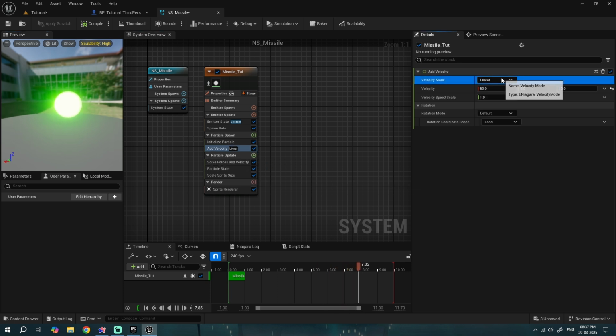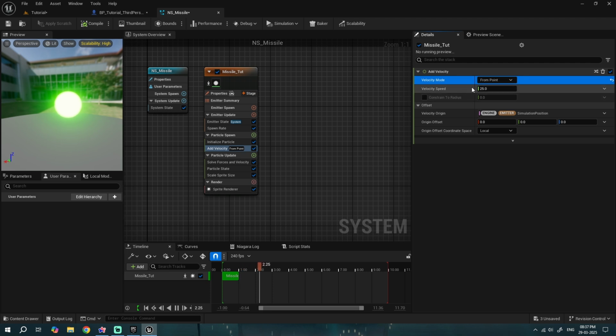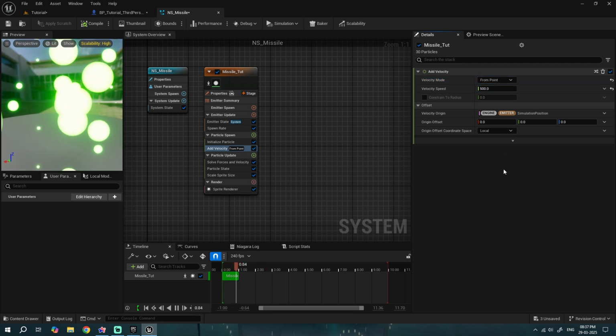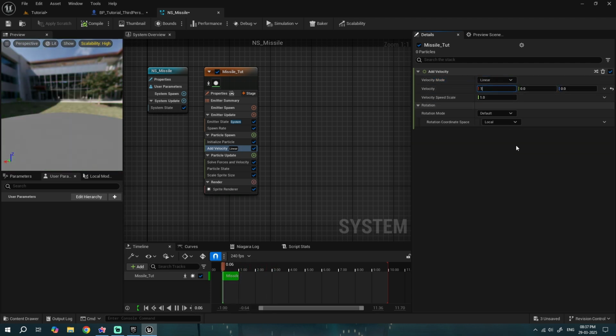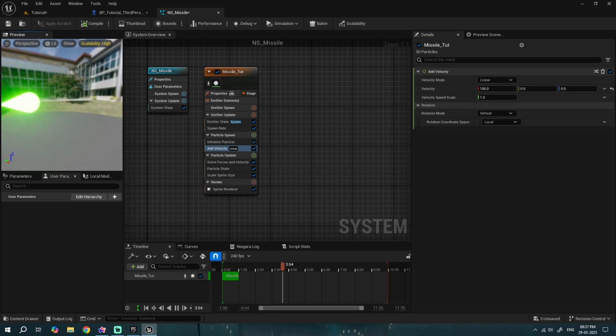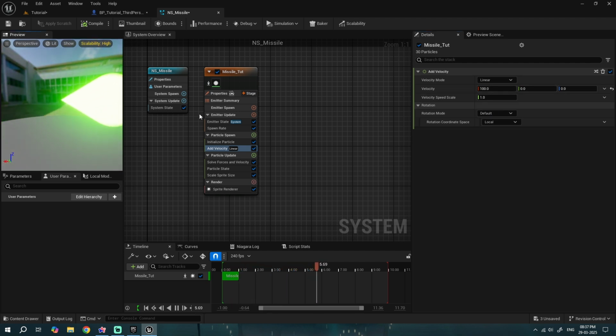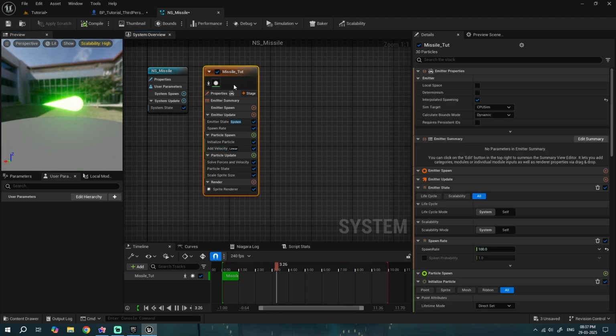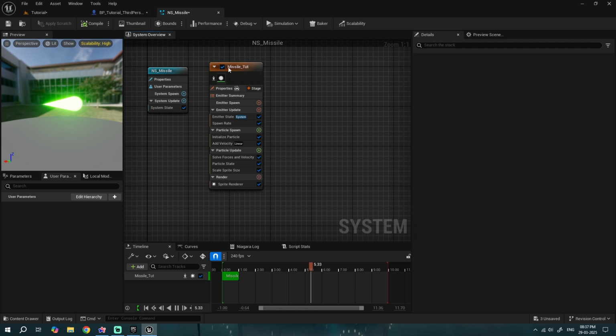Not sure why enabling this isn't working. Let's try doing from point. It's still not working. Why is that? Okay, maybe the value is low. Okay, so 100 works. Try with different values, maybe make it bigger and see if that works. Let's make it like 200. Okay, there we go. Now what I want to do is wherever this particle is getting spawned, I want to